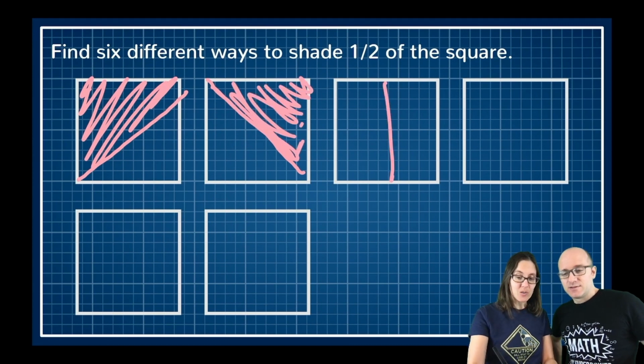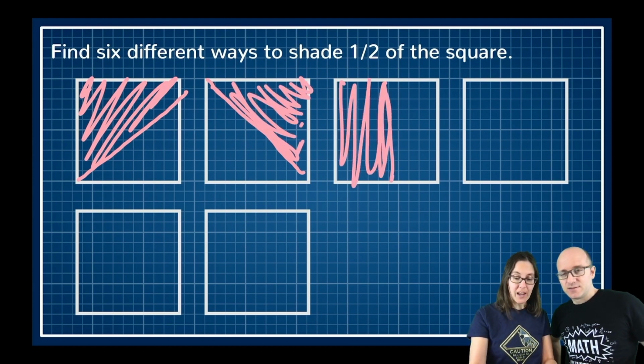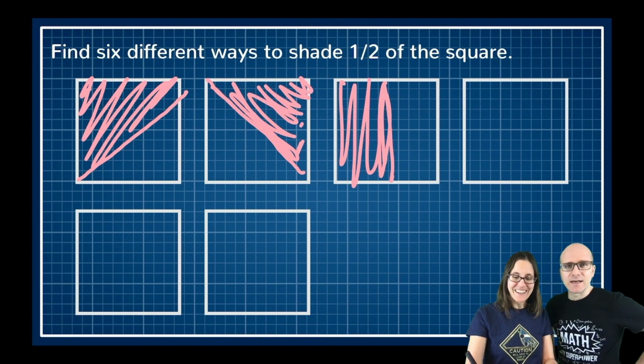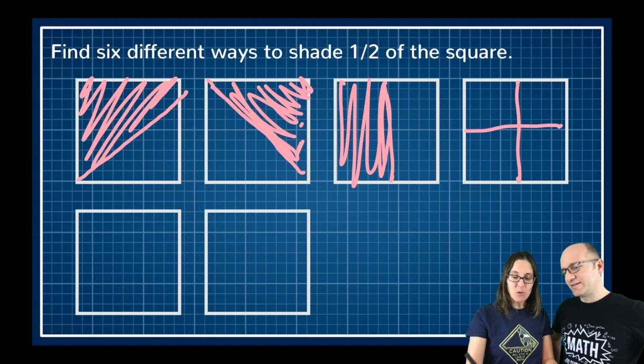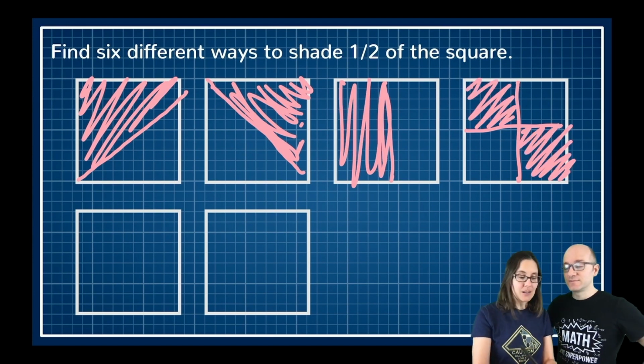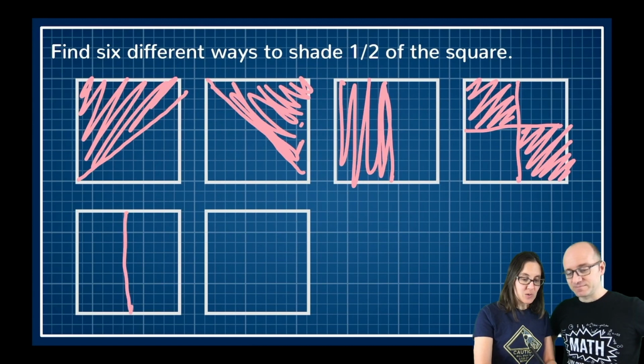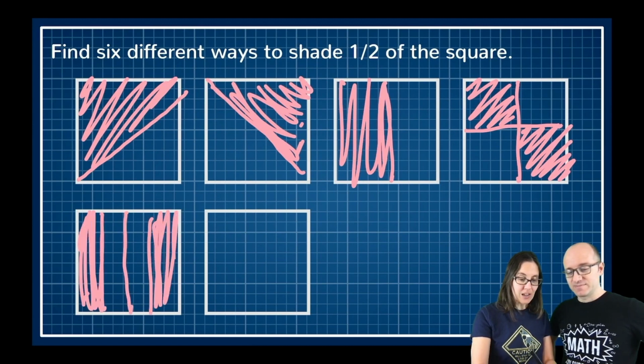So I can do diagonals, I can do halves, I could even do different halves. Okay, let's see. Get creative, Science Mom. Well, if I cut it into 4 equal pieces and then I shade 2 of those, that's half shaded. Or I could do it like this. My sides don't need to be touching, and that's the same as this one. Or maybe I could even get really crazy and do some sort of like a...